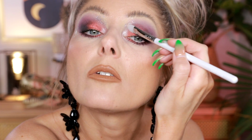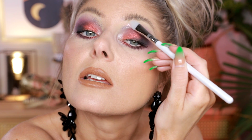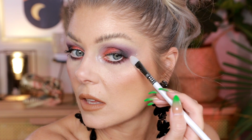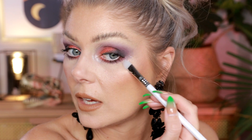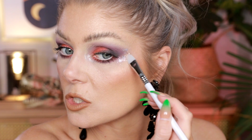I'm actually using a skincare spatula from Sigma, but my friend Heather Austin told me, you should watch her on YouTube, that these are perfect for glitter and stuff, and she's right. They're actually perfect for applying and spreading out glitter. So I'm just putting some in my inner part here, and I'm gonna do some out here as well, like I did on the other side, because I'm having fun and I love glitter placement under here. I think it's so pretty, and I felt like this look deserved a little extra. So I'm just gonna spread this out,